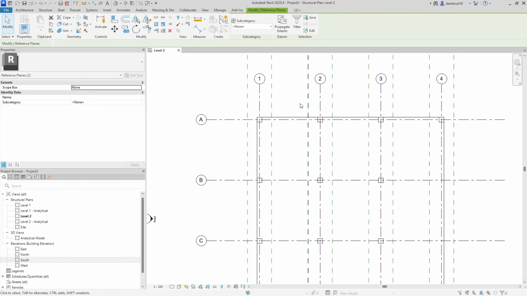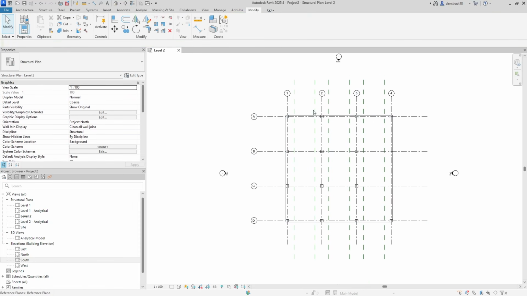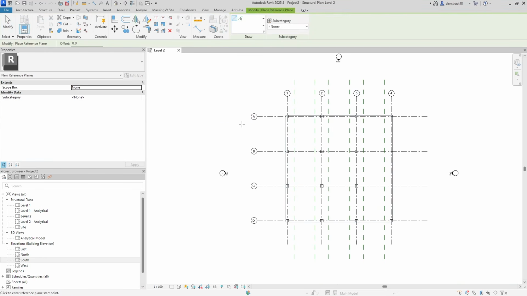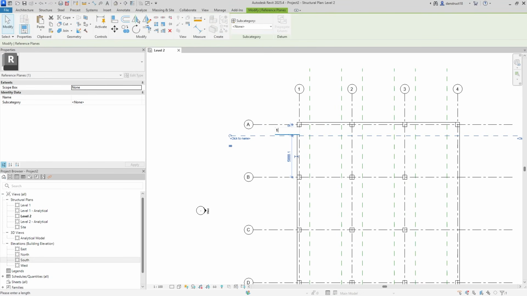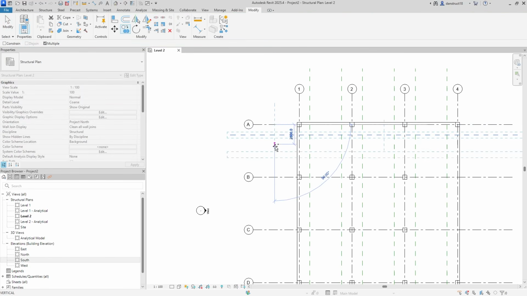Then I'll press escape. Now we don't need the two at the edges, so I'll select this, hold down control key and delete this. I'll do the same thing in the other direction as well. So come back to the structures tab, click on reference plane. I'll come here and click, move in this direction. Let's go, modify. I'll select this and change this here to 1005, press enter, come here and copy, click here,